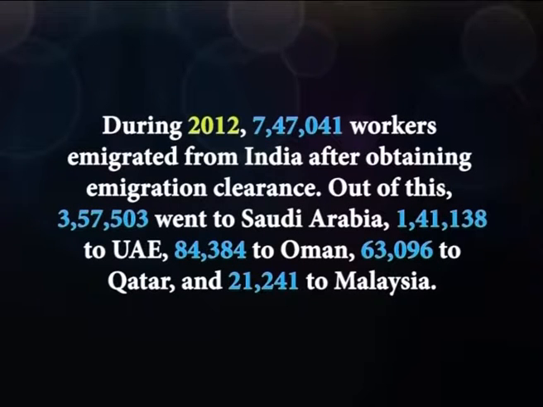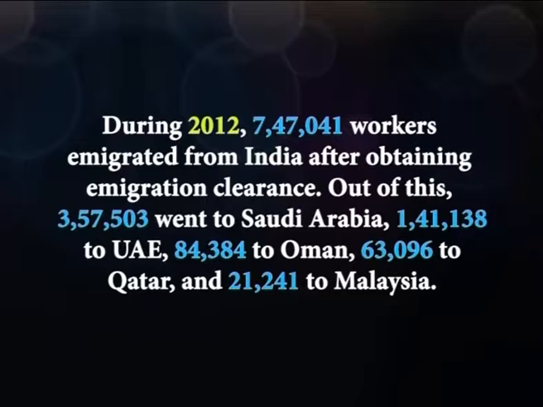During 2012, 7,47,041 workers emigrated from India after obtaining immigration clearance. Out of this, 3,57,503 went to Saudi Arabia, 1,41,138 to UAE, 84,384 to Oman, 63,096 to Qatar and